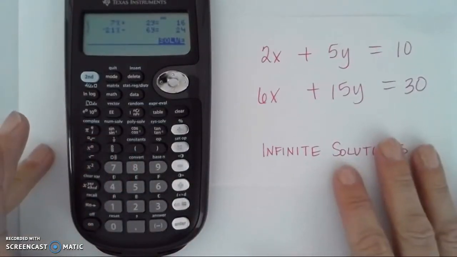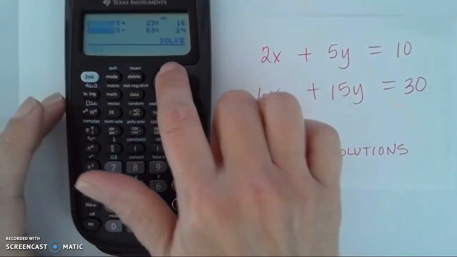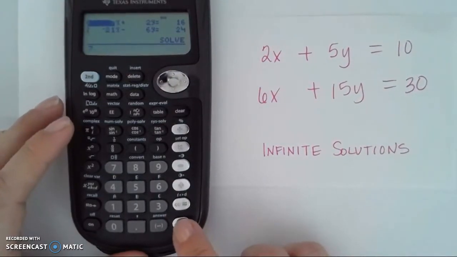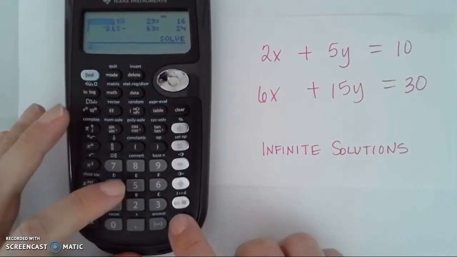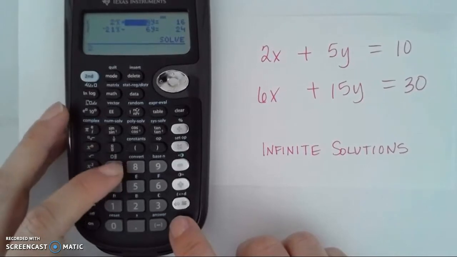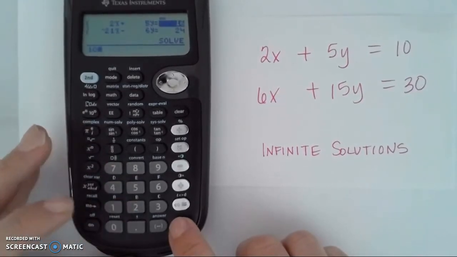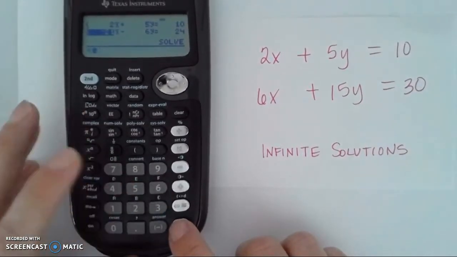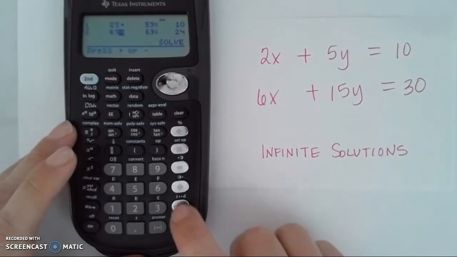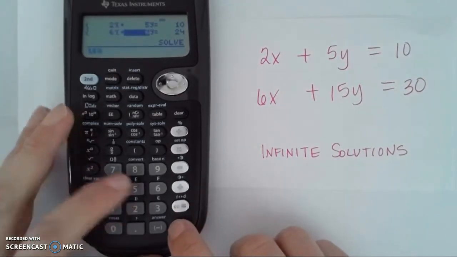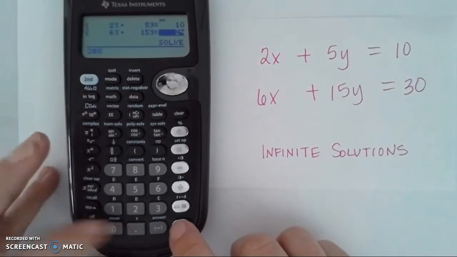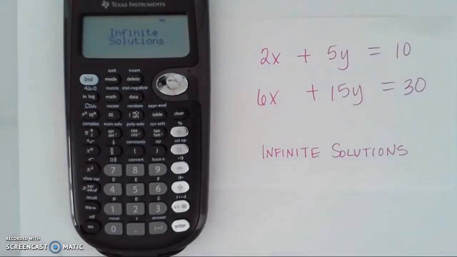For this last example, I can see that by looking at the two equations, one is a multiple of the other. By entering in the coefficients and then hitting the solve, the calculator will tell me that I have